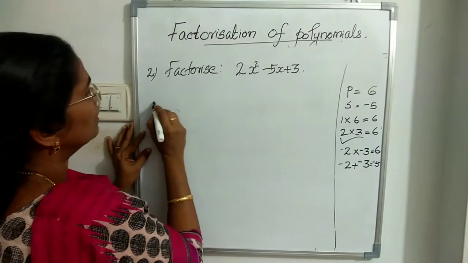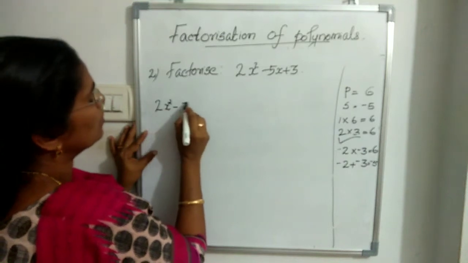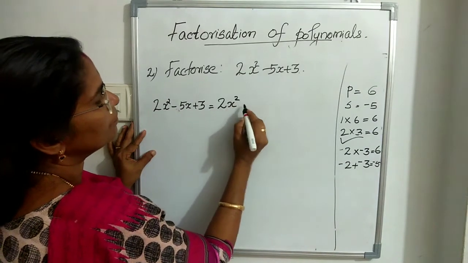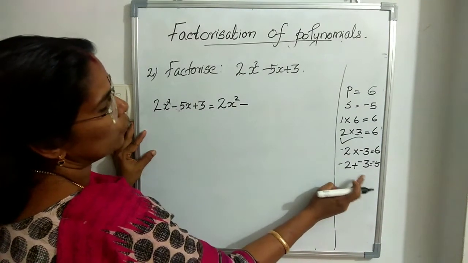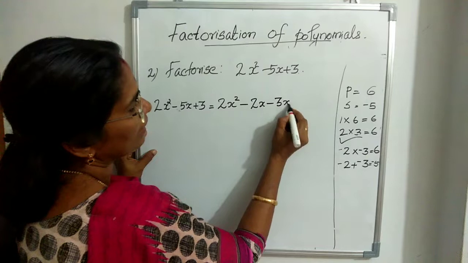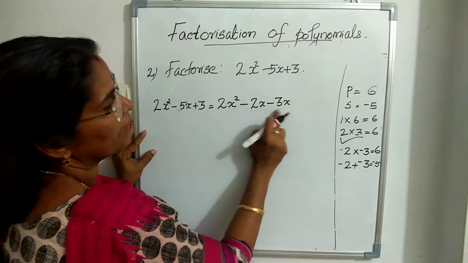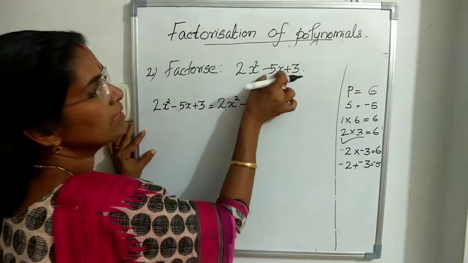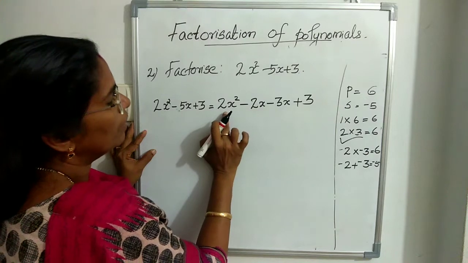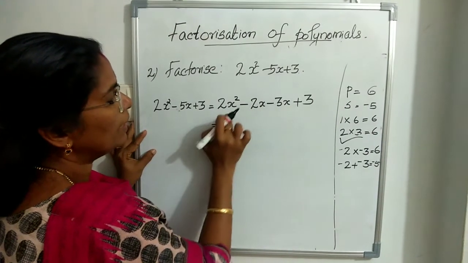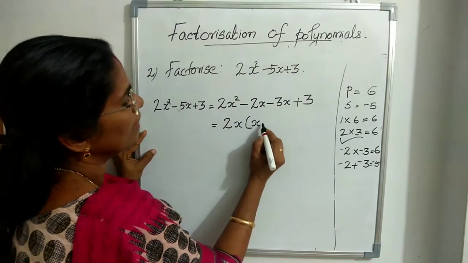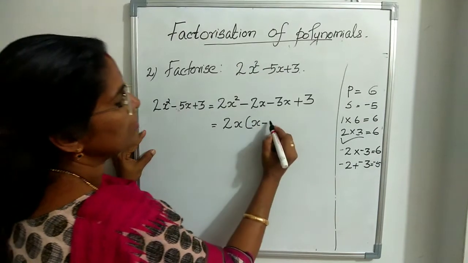Now we are splitting the middle term. 2x square minus 5x plus 3, we can write it as 2x square, here 2 and 3 we have to take. So minus 2x minus 3x, both are negative numbers. Look here, adding together we will get the same, minus 5x, plus 3 is our last term. Now from these two we have to take the common term, that is 2x. Then balance, here it is x only. Here 2x we are taking common, then balance 1.